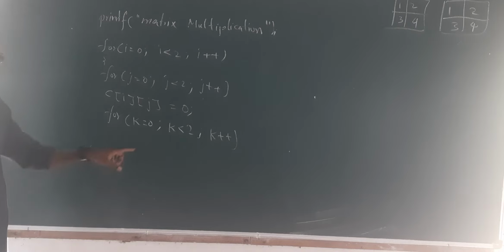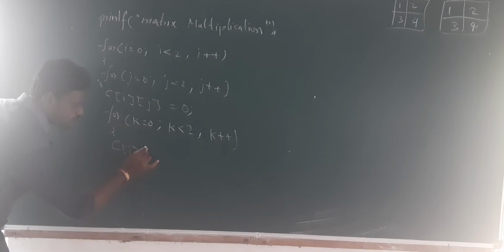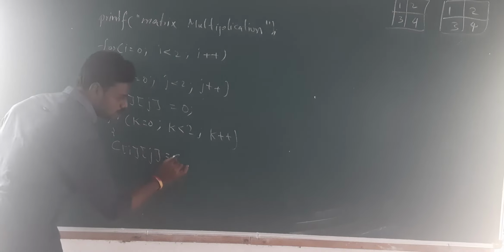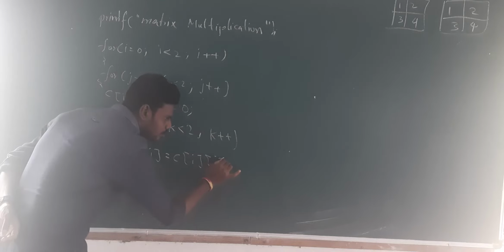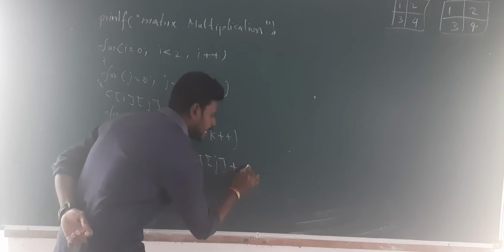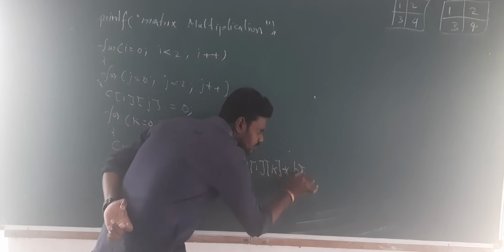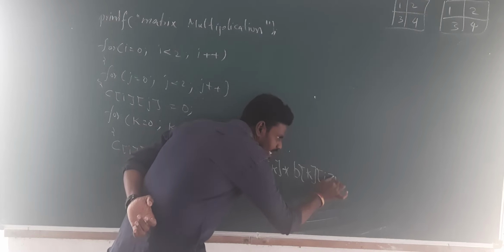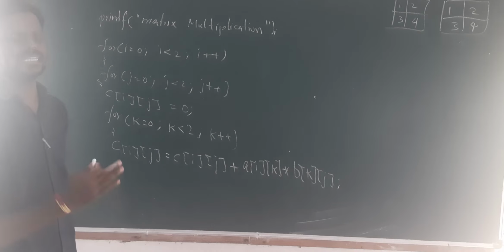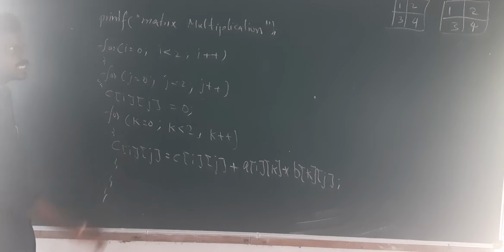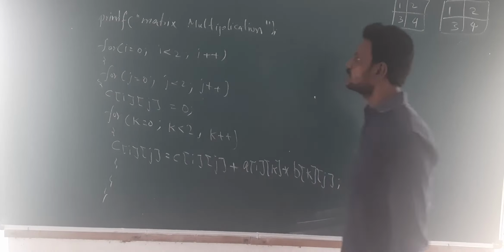Within this what I will do is I will perform the matrix multiplication. Within this what I am doing, you see, just observe. Now within this one what I am doing is C of ij is equals to C of ij plus A of ik into B of kj. Now try to implement this and find whether we are getting the matrix multiplication or not. I will close for loop here, I will close second for loop here, and I will close next for loop.